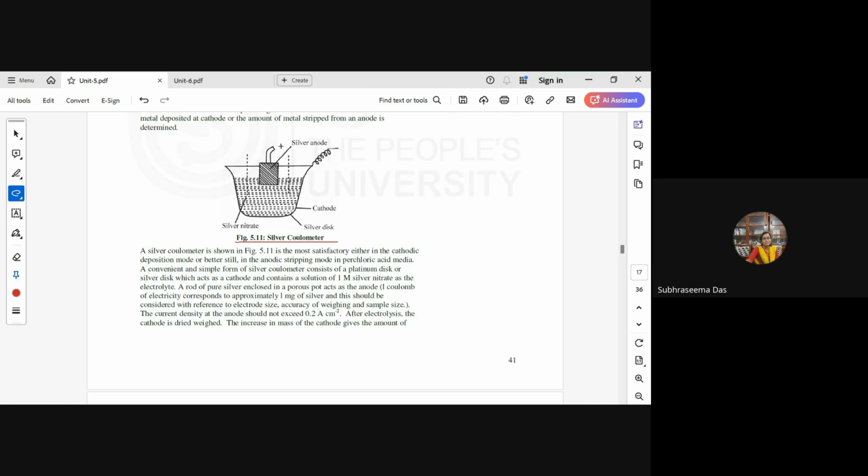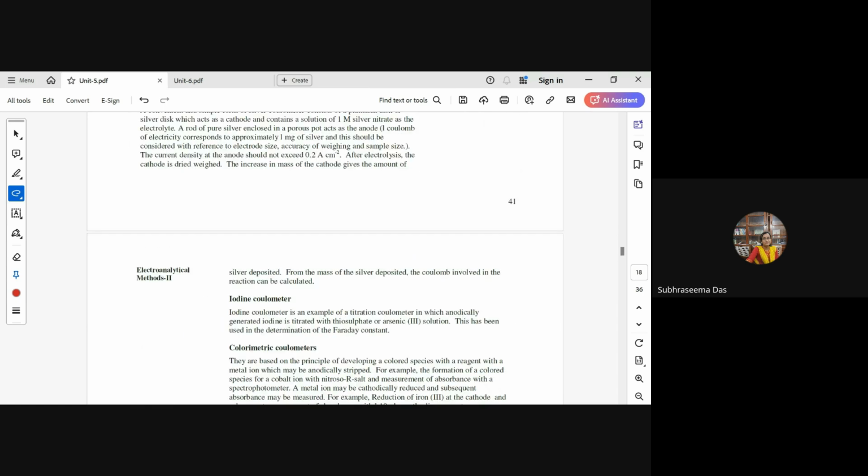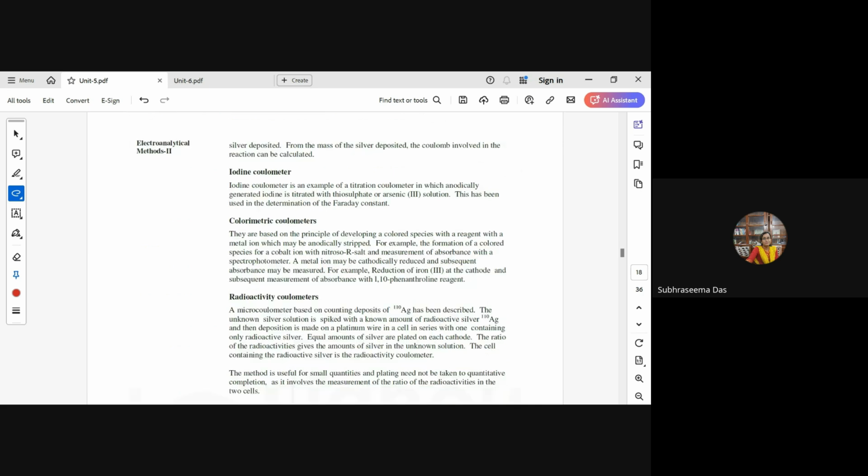Here a rod of pure silver in a porous pot acts as the anode, and the current density is mostly maintained at 0.2. The increase in mass at the cathode gives the amount of silver deposited. From the mass of the silver deposited, we can find out the coulombs involved in this reaction using the above equations. Now, the iodine coulometer is an example of a titration coulometer where